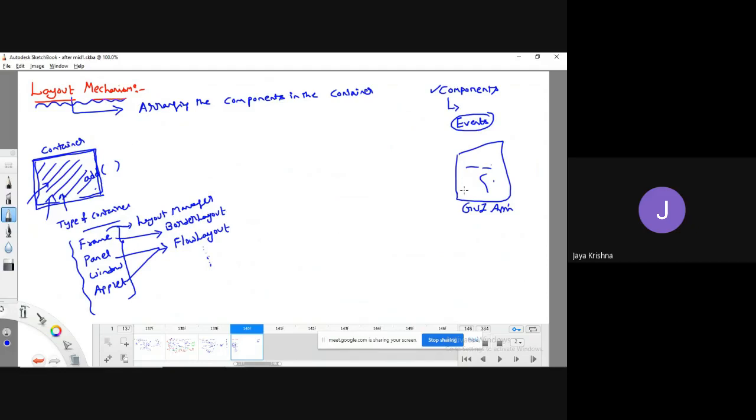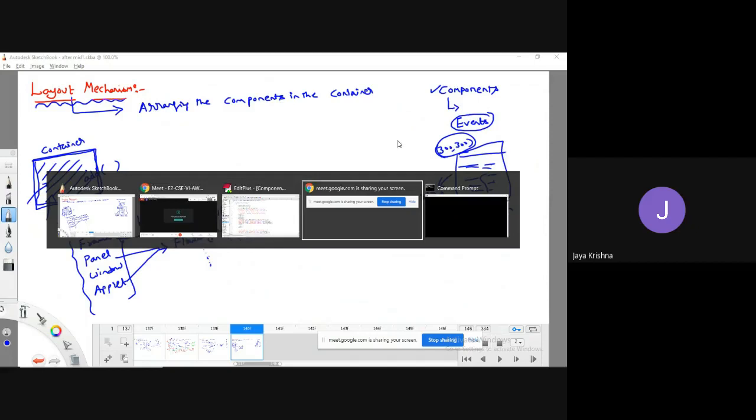And also one thing, if I define the size of this window to 300 by 300, and I have arranged all the components in such a way that it gives a good look and feel, but if I change the size or shape, automatically the components arrangement will vary.